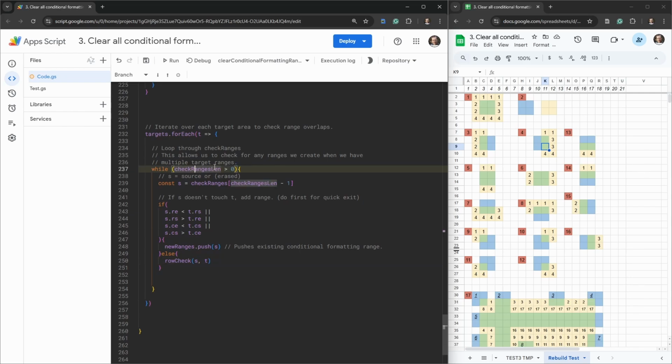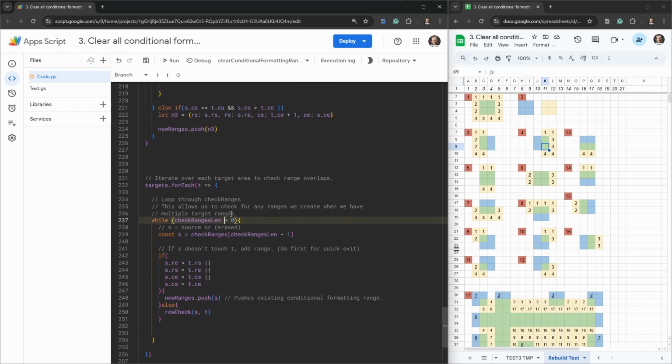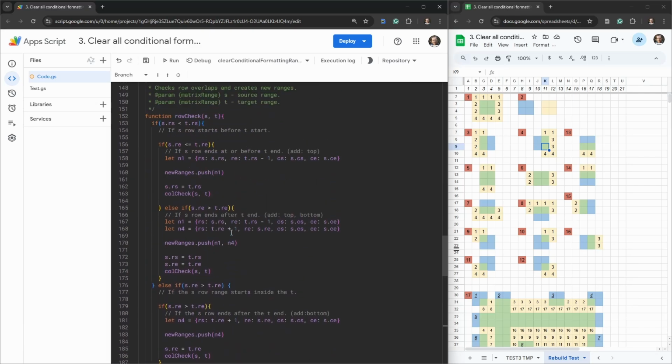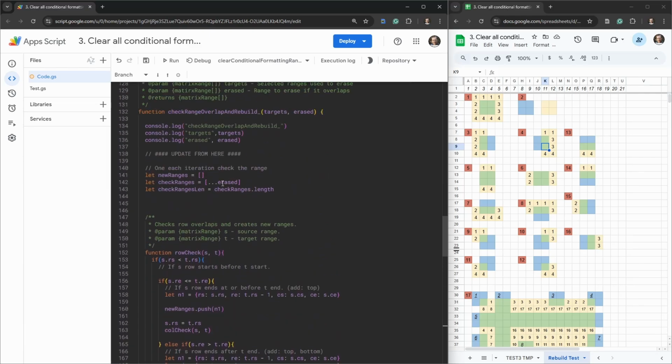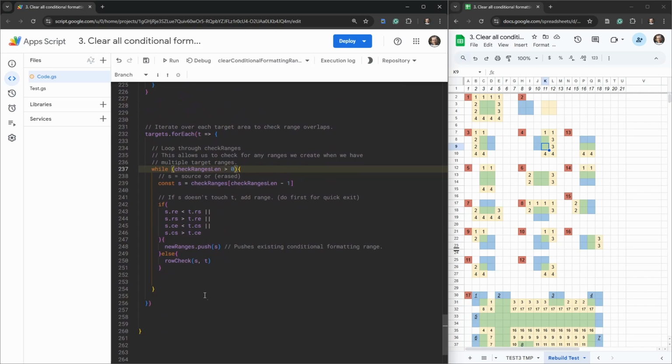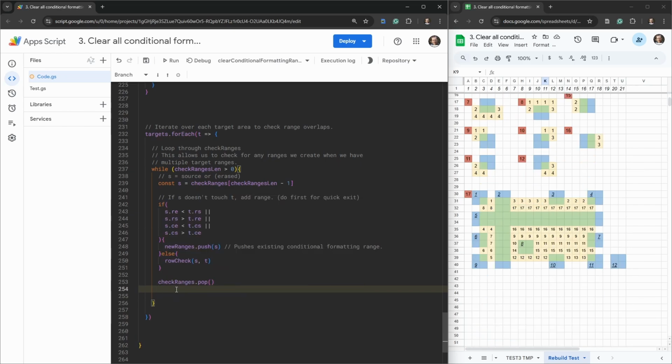Once we run the check on this last value in these check ranges, remember that the first value is going to be the erased one, so we don't need to check that one anymore. We're going to pop it off that check ranges array. So we'll say check ranges dot pop. After we do our check ranges pop, we'll redo the length, so we'll say check ranges length is equal to check ranges dot length, and then we want to update the check ranges